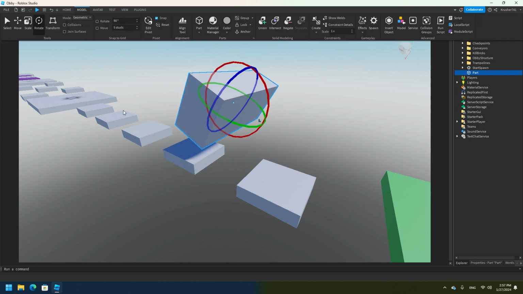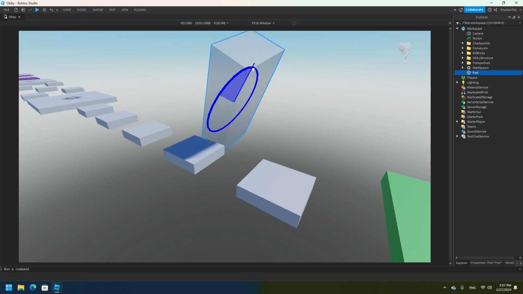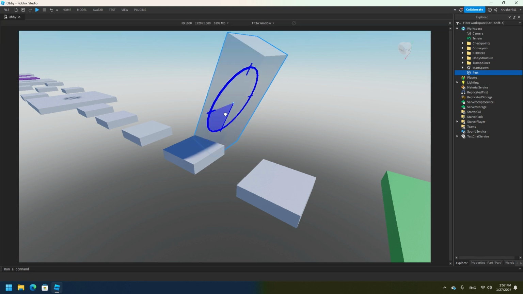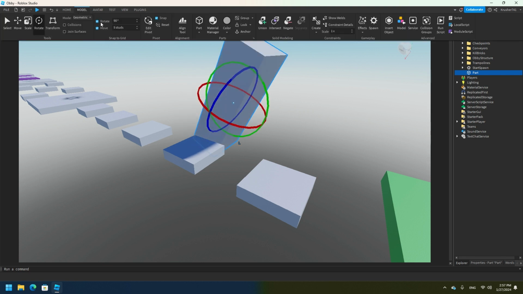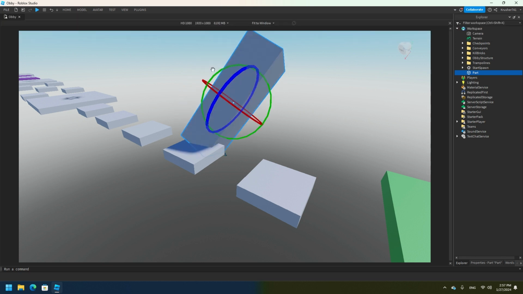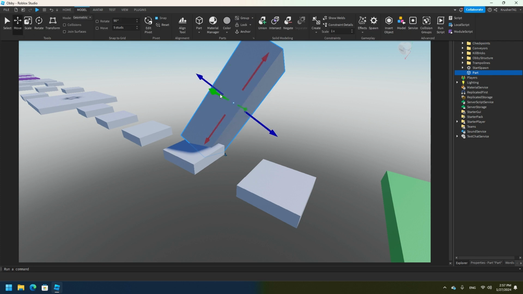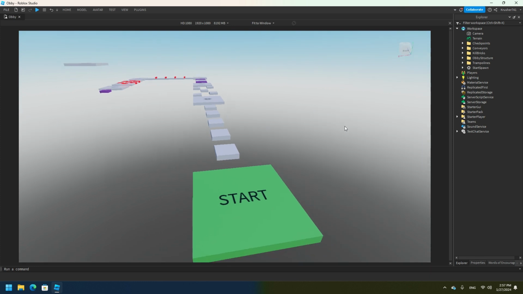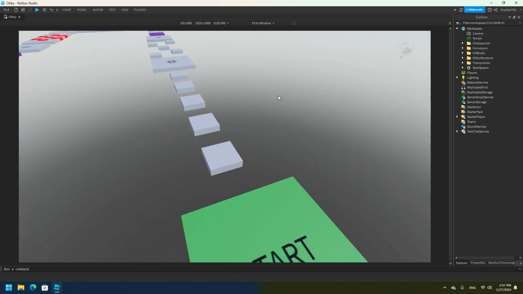Now for some of you that are trying to move and rotate around, it may be at a fixed rate. This is because you have rotate checked and move checked. You're going to want to uncheck these so you can move the object and rotate them freely. There you go. So now that we've gone over the basic functions of moving and rotating,